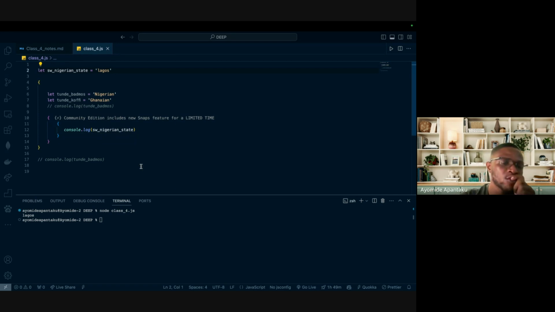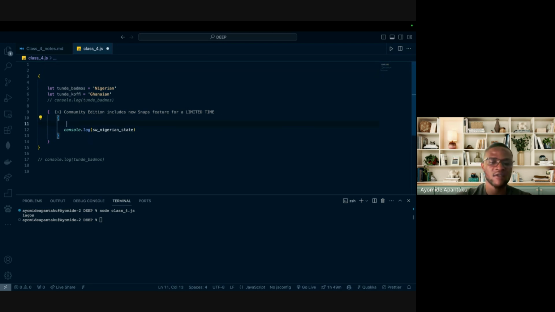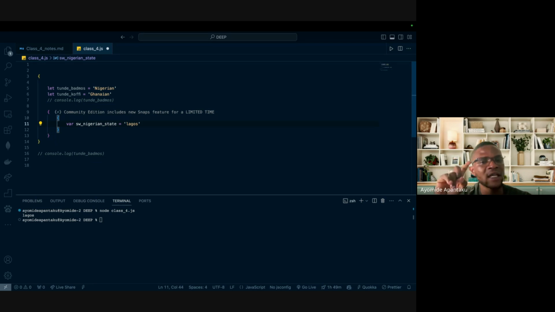Now we are also able to declare functions globally without necessarily having to place it at the top of your JavaScript file. What does this mean? With var, I'll still explain the difference between var and let. With var now, I can come here because var hoists whatever variable you've declared to a global context. So we can easily call